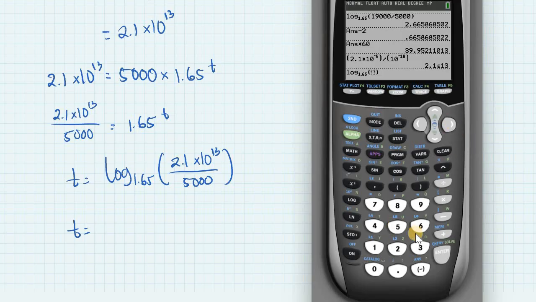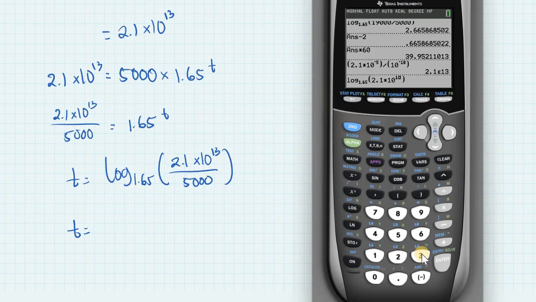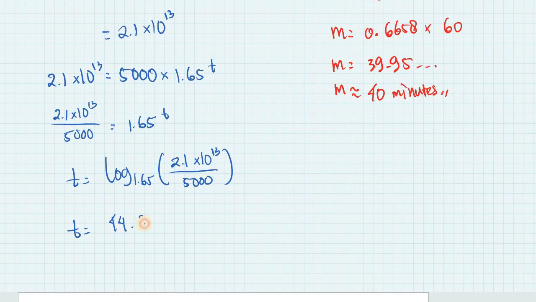Then this one is 2.1 times 10 to the power of 13, oops, sorry, 13, divided by 5,000. Enter. 44.248 and so on. So t is approximately